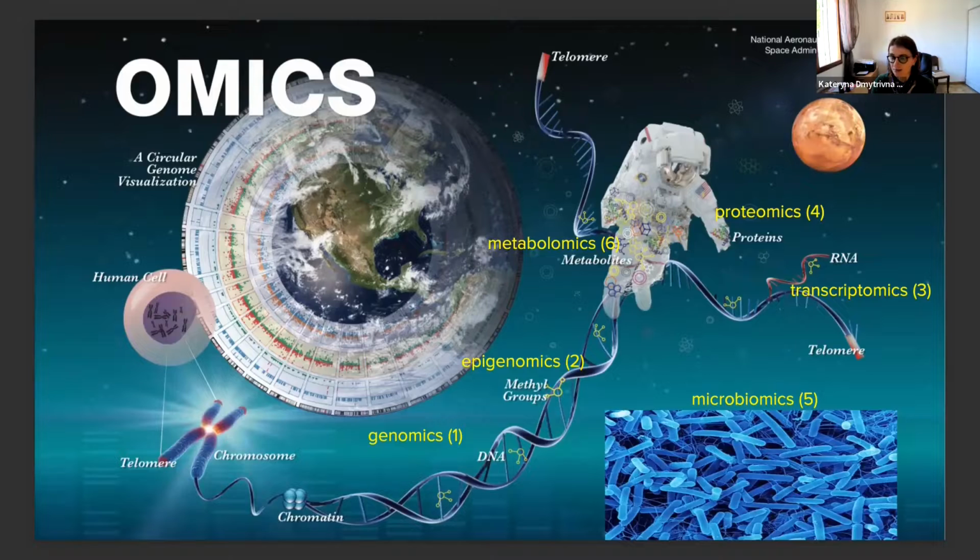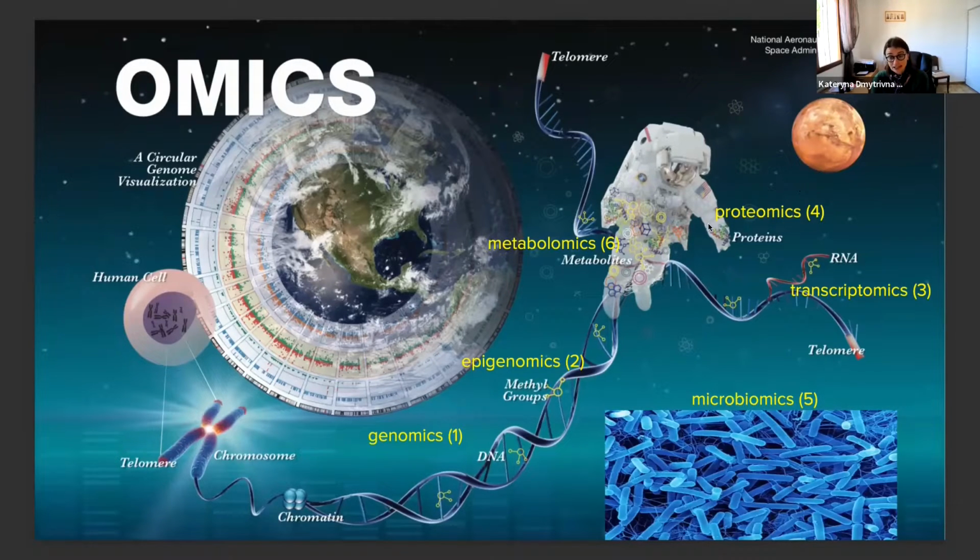And transcriptomics is the analysis of the data on gene expression, of all the genes that are being expressed by a cell, by an organism, including different expression levels and so on. The next level of omics that was studied is proteomics. And this is the collection of proteins that are being expressed by the cell or by the organism.